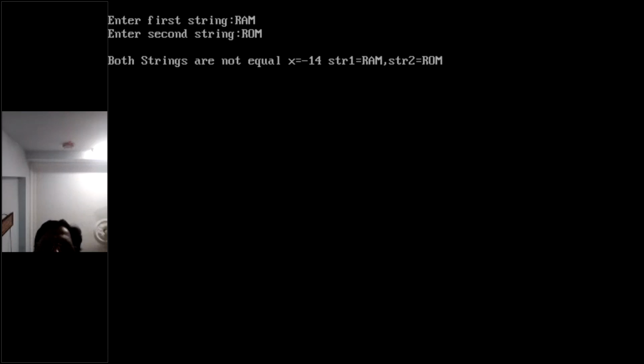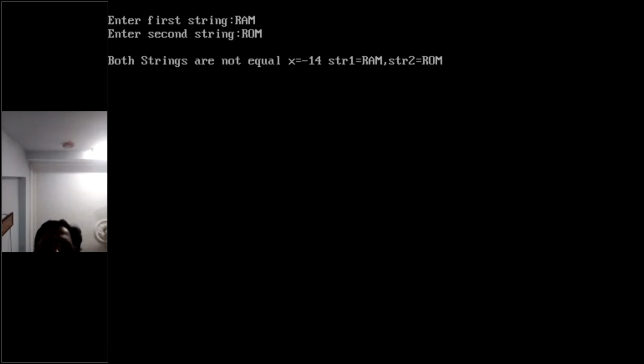-14, right? 65 minus 79, what value do you get? Because the first character R and R are both the same. Then what is the next one? Capital A is in the first string and capital O in the second string, and that has to be compared.